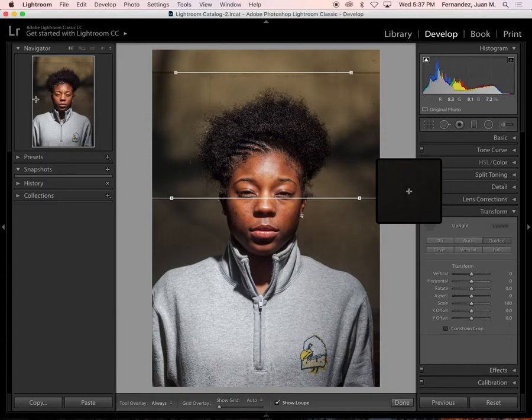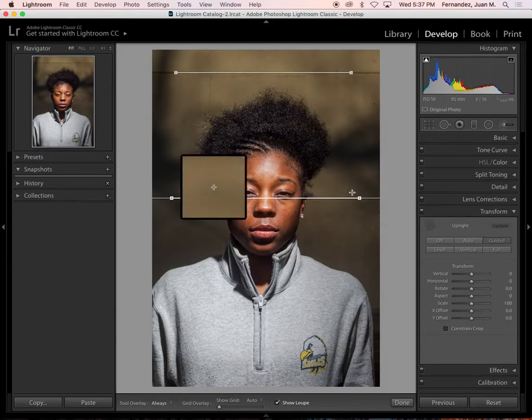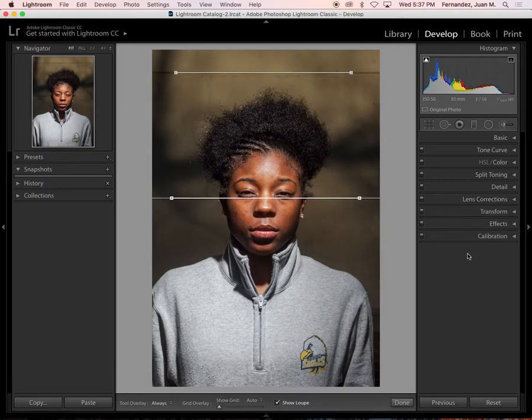So now this is straight to the edge, that's straight there. It looks a little bit more figured out, right? So I'll just close that down. We're not using these